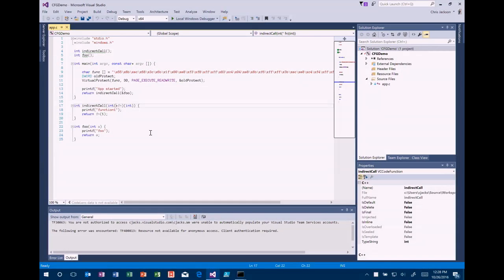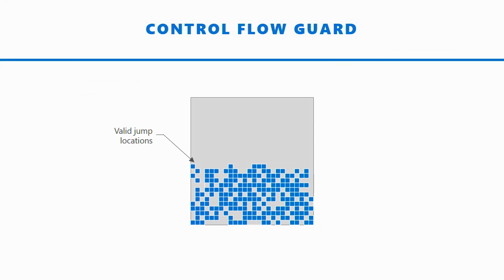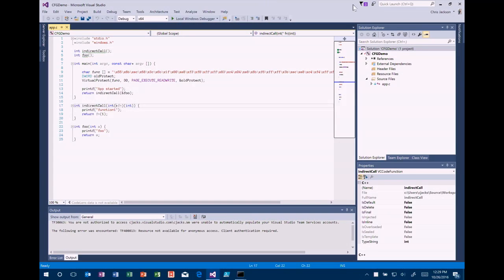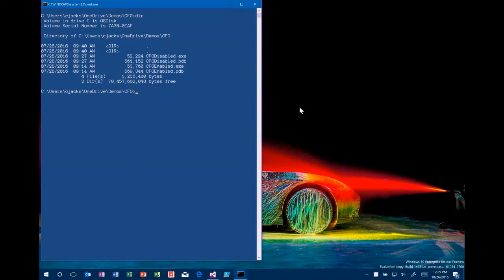That's the protection. So when we compile this, it's going to know, hey, this is potentially an invalid call. Here's a function. It's going to go through and not only generate the code, but it's also going to generate a bitmap of all valid targets that I could ever jump to. So if I ever try to jump somewhere, it's going to be like, hey, is this an okay place to jump? And if the answer is no, it'll crash the process, stop you from running arbitrary code of the attacker's choice. What that looks like